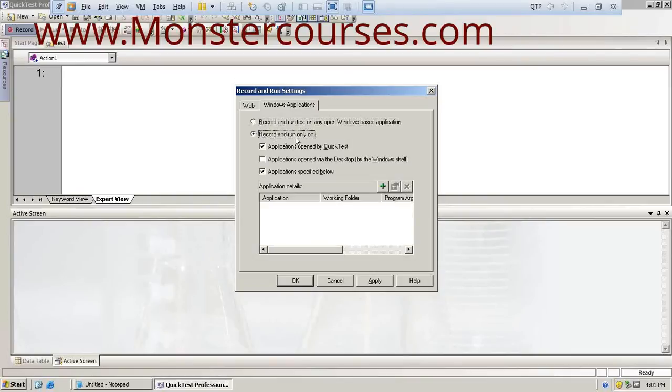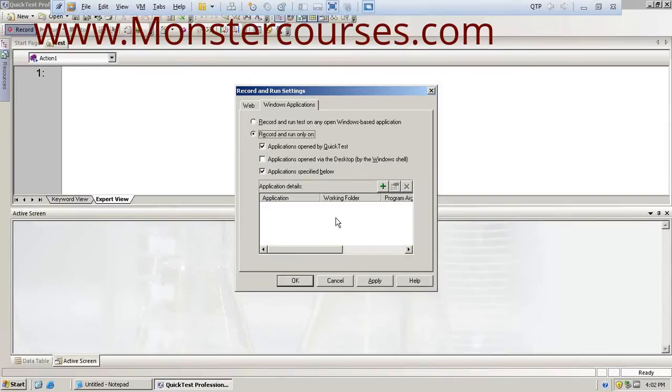The second option is record and run only on applications opened by QuickTest, or applications opened via the desktop, or the application specified below. If you give the path of the application and check this checkbox, only the actions performed on this application will be recorded.